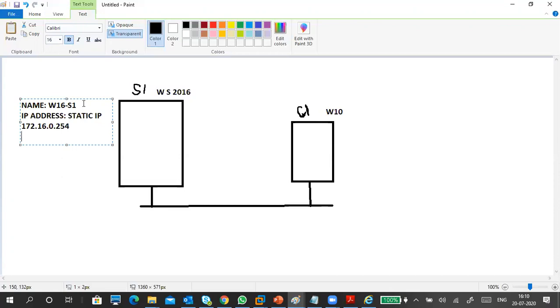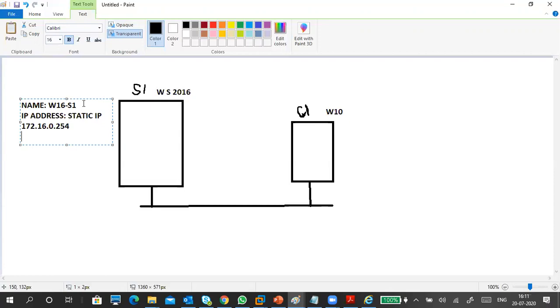Usually, when we are assigning IP addresses to PCs, normally your default gateway is .1. The last octet is .1, 172.16.0.1, that is the default gateway. Generally, if you check all your routers, my router, your router, whatever it is, the default gateway always starts with a 1. Next devices can be 2, 3, 4, 5, 6, or 101, 102, 103, 104, like that it will come, right?